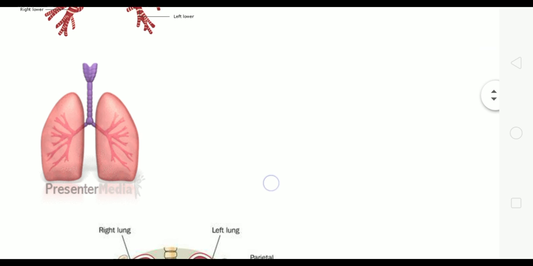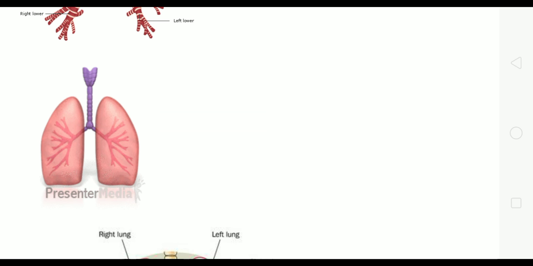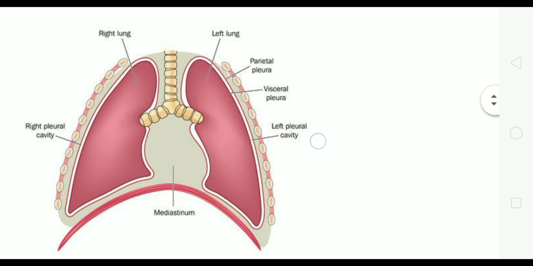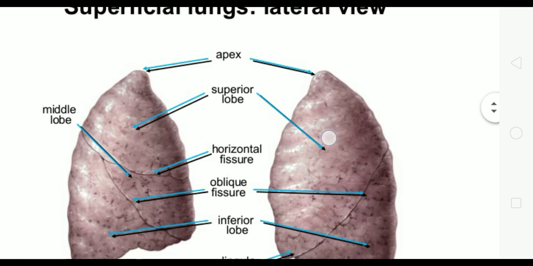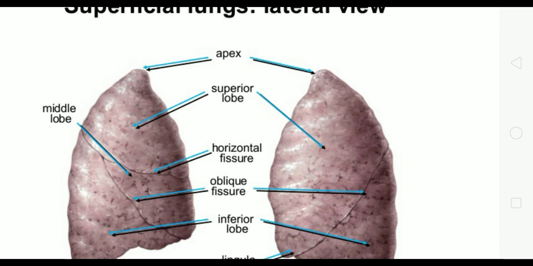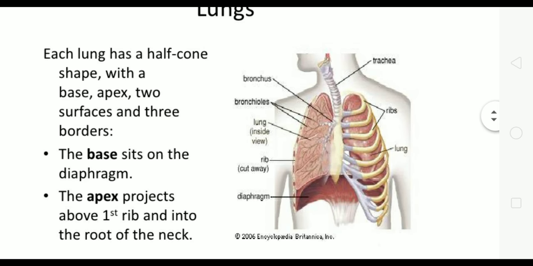Now let's move on to the lungs. The lungs are fairly large organs. They occupy the entire thoracic cavity except for the most central area, which is the mediastinum, which houses the heart, the great blood vessels, bronchi, the esophagus, and other organs. The narrow superior portion of each lung is the apex. It's just deep to the clavicle. The broad lung area resting on the diaphragm is called the base. So in short, the base sits on the diaphragm and the apex projects above the first rib and into the root